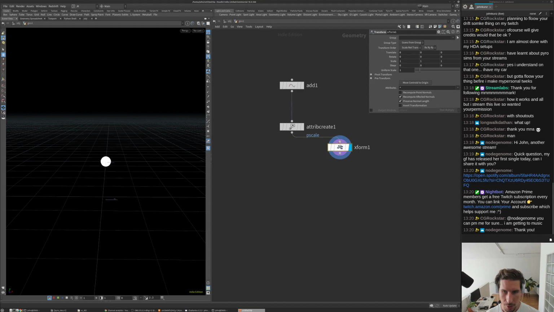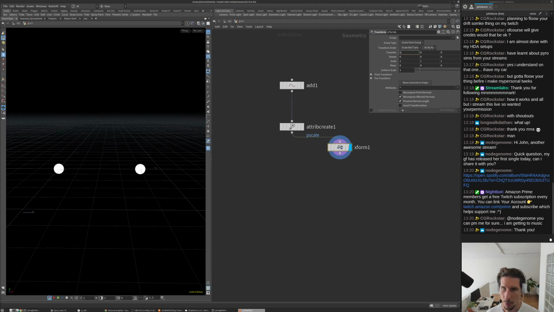All right, so I'm doing a transform, and I'm just offsetting this other source. Just go 1 unit over. So this will be the 2 sources, and we'll just point them towards each other. It will be like the